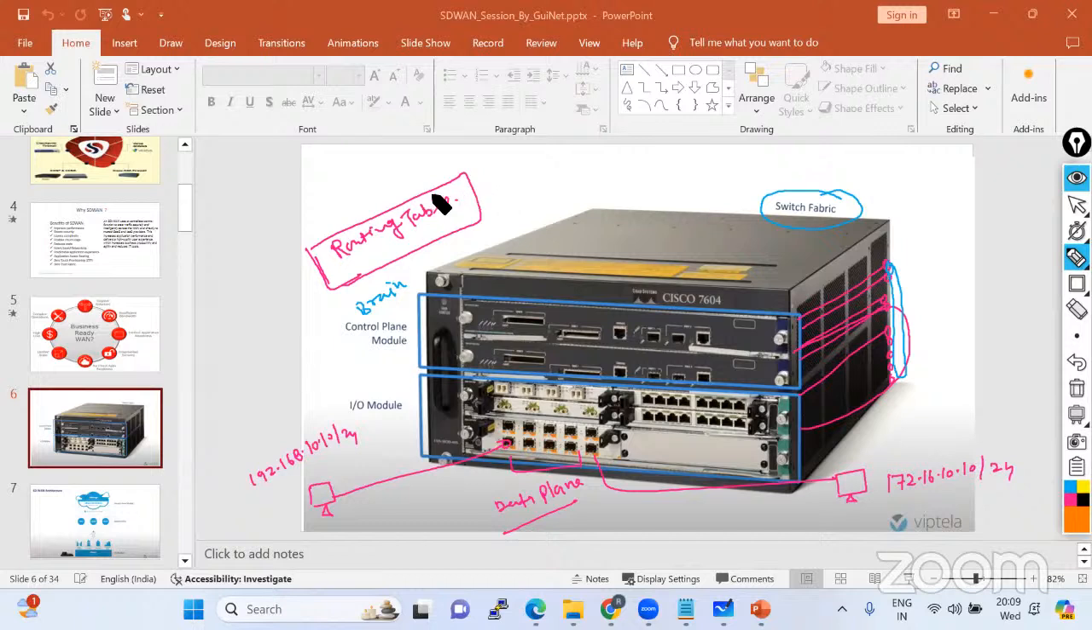One thing we have to understand is what information the routing table is going to consist of. In a normal router there are various routing tables. We have the static routing table, we have the dynamic routing table,